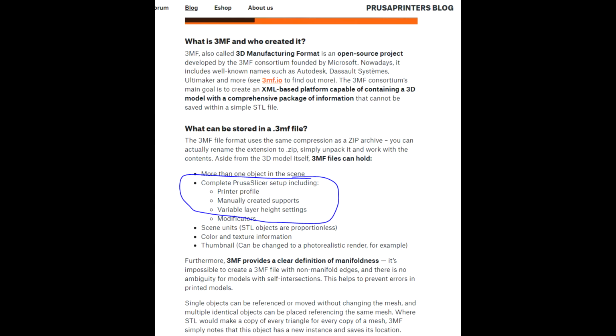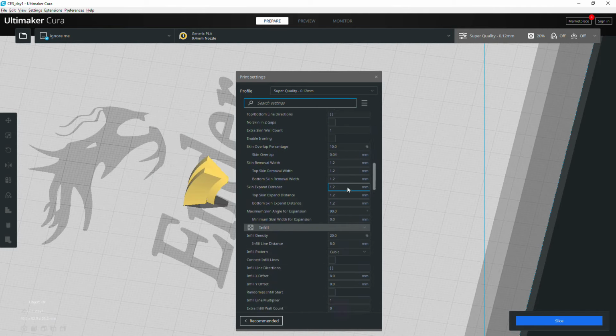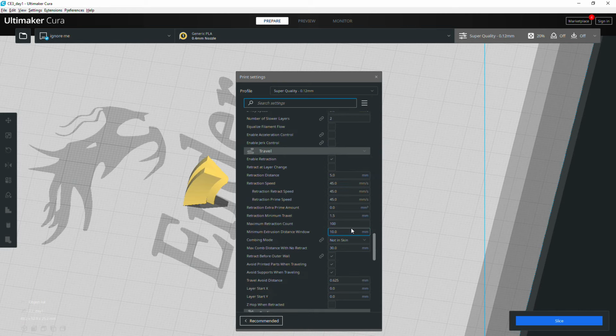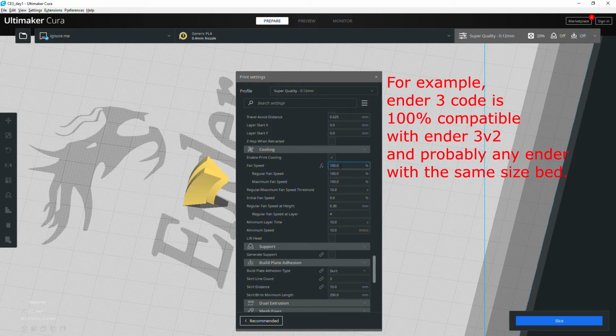Firstly, it comes down to, I suppose, association of presets. One of the things I didn't mention yet that's often used as a selling point for 3MF is the ability to store slicer settings, supports, etc. Now, if you think about how we work, the slicer does a lot of this when it generates the G-code, and it's done from presets that are based on your printer. Now, I know a lot of that is cross-compatible. Indeed, I've printed G-code from one printer on another, and it's often fine,